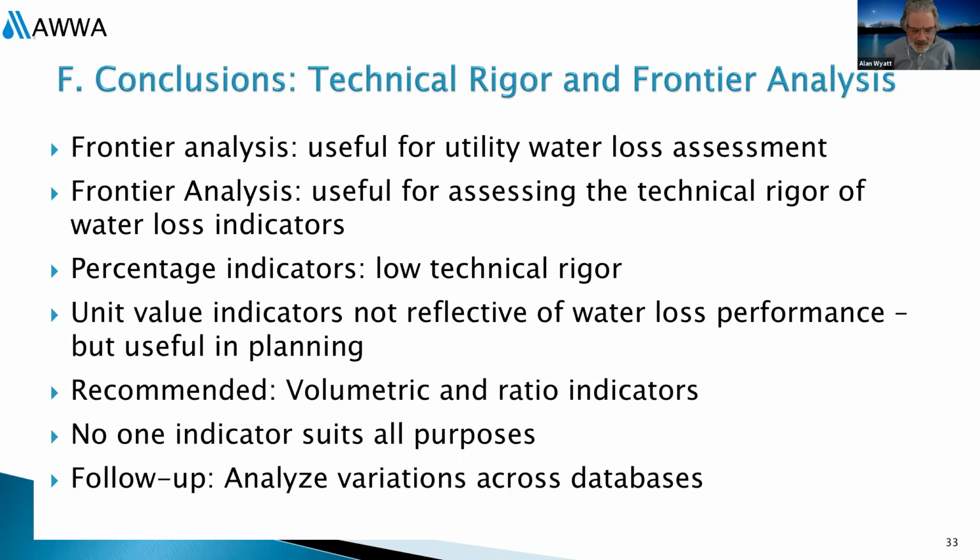The unit value indicators don't really reflect water loss volumetric performance, but are useful in planning. There are recommended volumetric and ratio indicators, but also no one indicator covers all purposes. It's useful to have several to really understand what's happening. I think there's some follow-up work with the newer data that's coming in to update this, and I wouldn't expect major changes, but to refine it a little bit more. So those are the conclusions of this